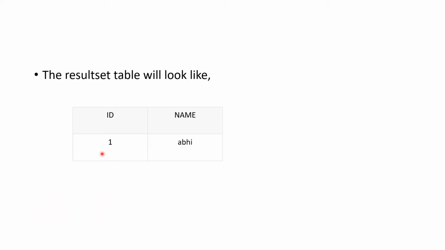So here only the row with id equal to one will be depicted in the result set, because the first table has this row which is not common to the second table. So when we minus the first table, 1 2, minus the second, 2 3, this 2 will be subtracted from the first table, and only this row will be left.